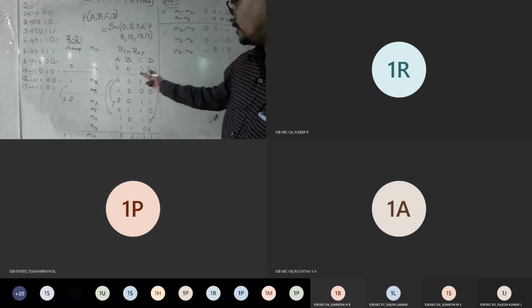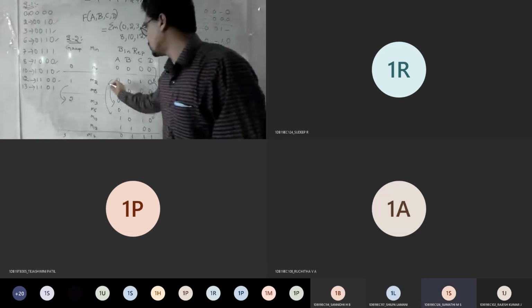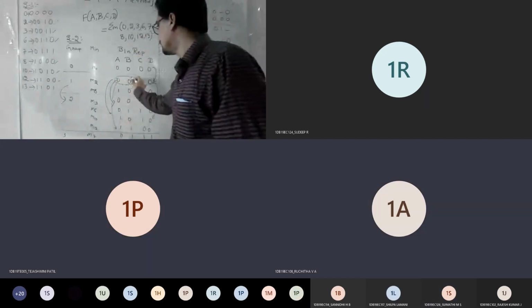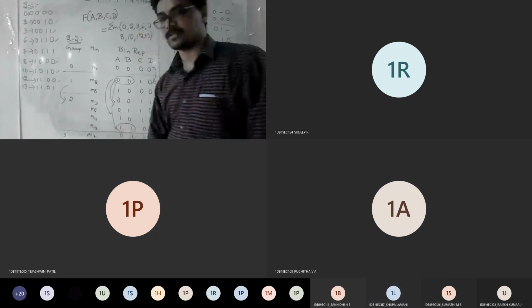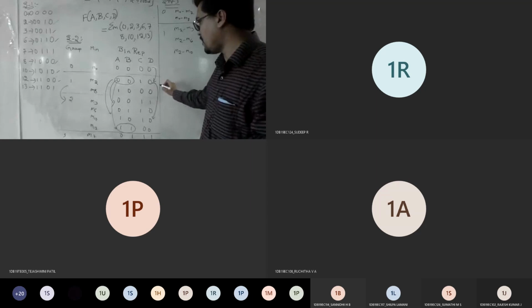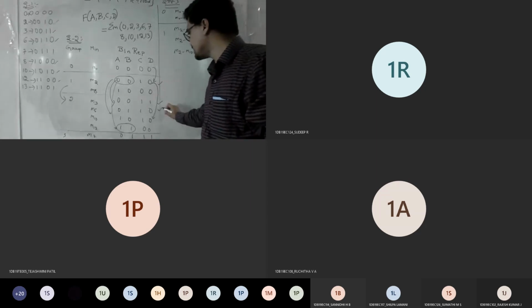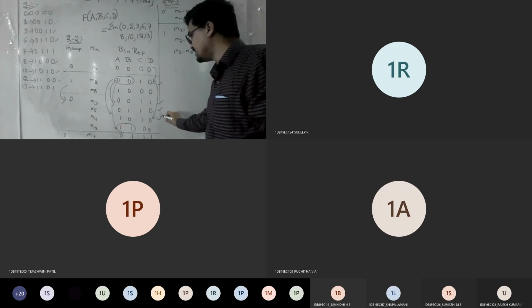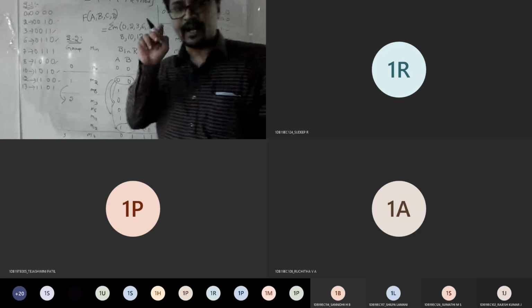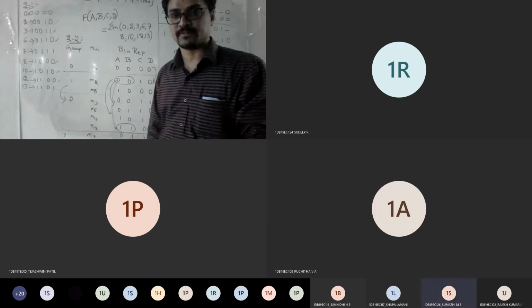Now, M2 with M12, is it possible? No, right? You have 0 1 0 1 twice, so you can't do it. That's why it is eliminated. That's why I told you after comparison: M2 with M3 tick mark, M2 with M6 tick mark, M2 with M10 tick mark, then for 12 you can do a cross mark. If you do it like this, you will get an idea of what things are compared, and it will be easy for you. So you won't commit a mistake.